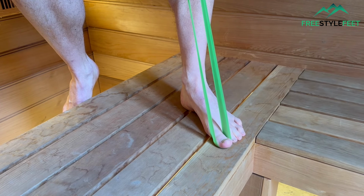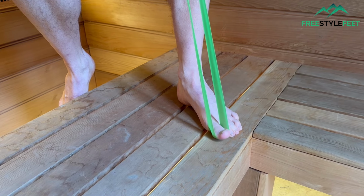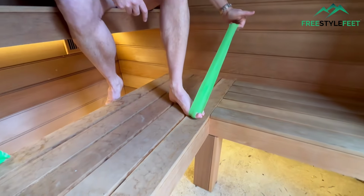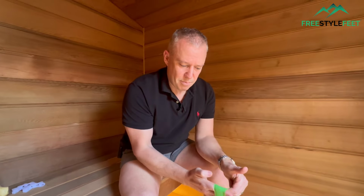Just the big toe. Our target here is 15 repeats of 3-second holds. Now for some of you that might have a bunion forming and the toe is deviating across like so, this is a really important point. Modify the